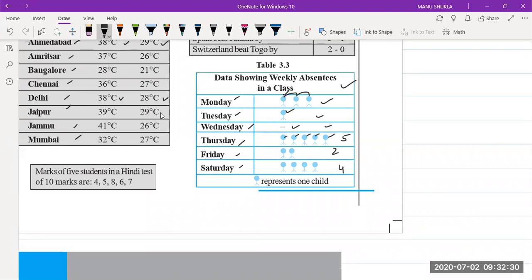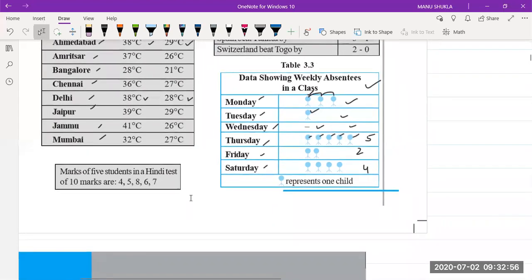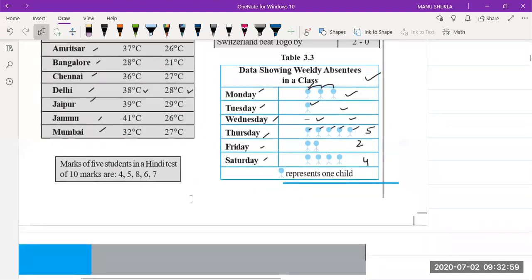So you can understand seeing this that Wednesday is liked by all the students. That is why they're not getting absent. So maybe they are having PT periods on Wednesday, and on Thursday they are coming less. Maybe they are having 2 periods of maths on Thursday. That is why they are avoiding it. Right? It could be. This is showing something like that. So this will motivate teachers to understand the data and work accordingly to motivate students so that the strength is maximum every day.